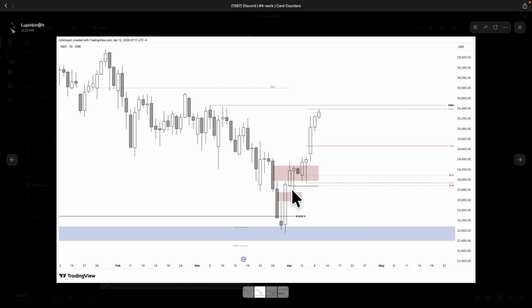So we have no closure inside of this bullish imbalance, as well as no closure inside of this bearish imbalance that resides right here. Price action simply snaps right back up and then closes within this bearish imbalance that resides here. Now, something to take note of before we move on: